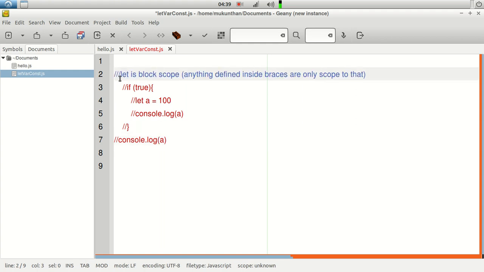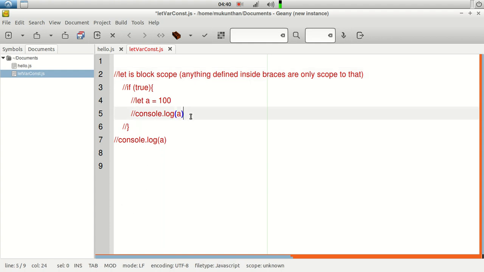But there are a lot of other things about the function. But in simple terms, as of now, to understand the scope, we will just see a function is repeatable code, and we can call that function whenever we want. Blocks are nothing but wherever you see the curly braces, it will be called a block. Even functions will be block scope, which means that even functions will have the braces.